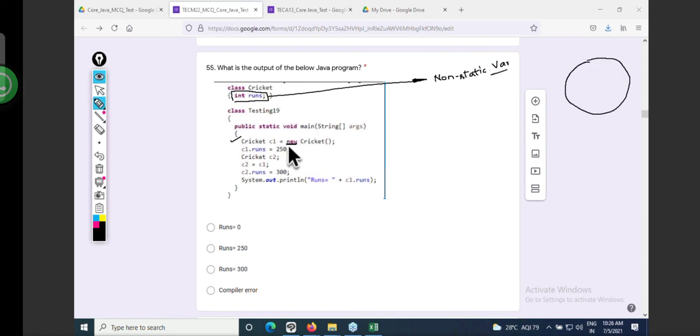Second job of new: load all the non-static members. What is the non-static member?